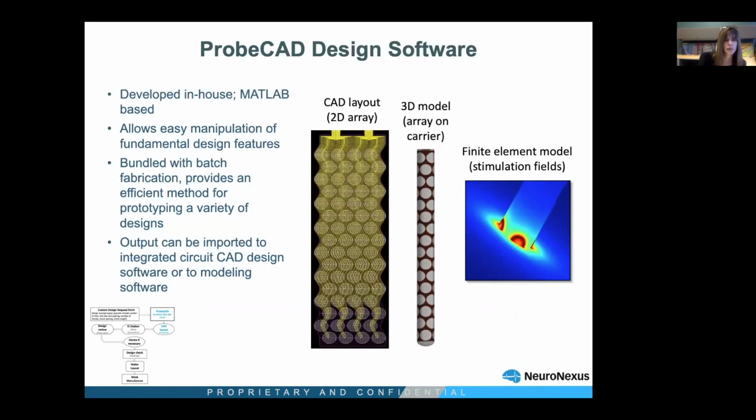So once we get your CAD design or your design drawing, we take it into some in-house developed design software that we call ProbeCAD. This was developed by our very own Dave Anderson. It's an incredibly powerful software package that allows us to tweak design parameters quite easily. I'm not going to say it's fully automatic, but it definitely takes some of the time-consuming design procedures out of the design,